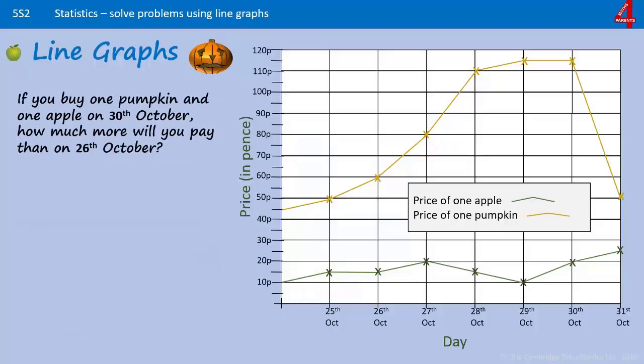It's slightly more tricky now because we're looking at differences. If you buy one pumpkin and one apple on the 30th of October, how much more will you pay than on the 26th of October? So I'm going to organise this so that I have one for the 30th of October, one for the 26th,